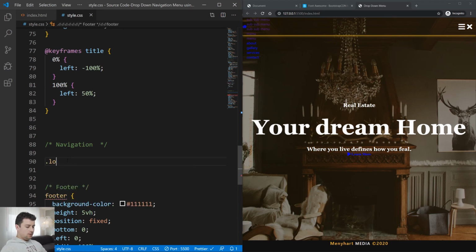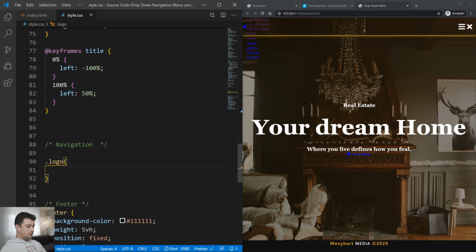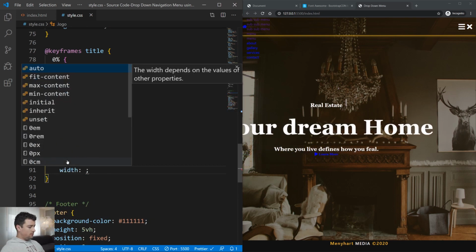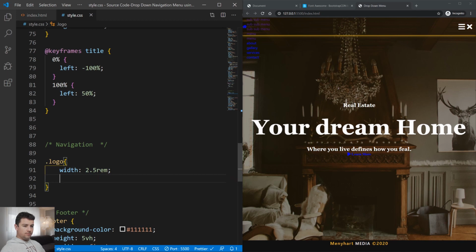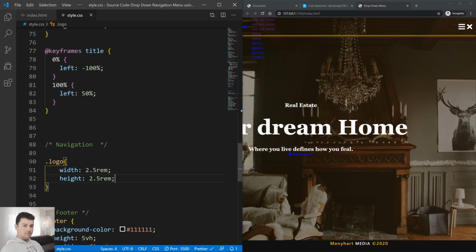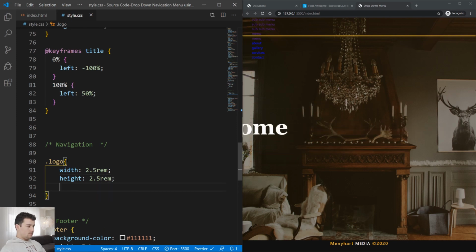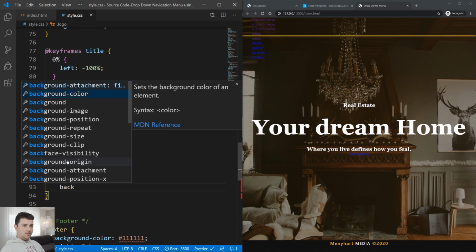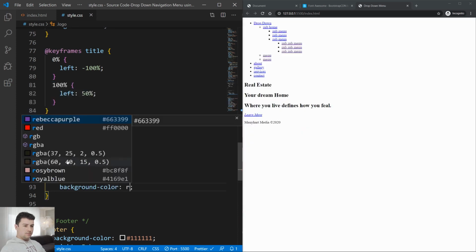For this, we're going to take the logo class, give it a width of 2.5 rem, a height of 2.5 rem, a background color of red,